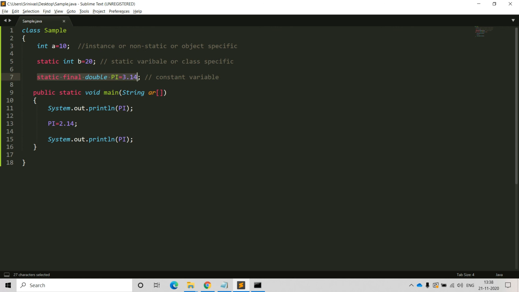And one thing you have to remember: at the time of accessing the constant variables, we can access them directly with the help of the member name, or class name dot member name, or object reference name dot member name. There is no problem at all. And the final point is, once you assign some value to the constant variable, you should not reassign some other value. You should not modify those values. Why? Because it is a fixed value, it is a final variable. That's why we should not reassign some value. Here we are going to get an error. So that's all. It is very simple.